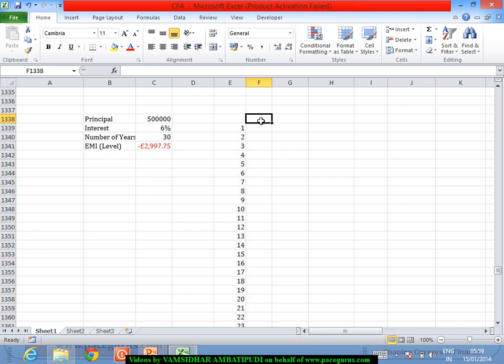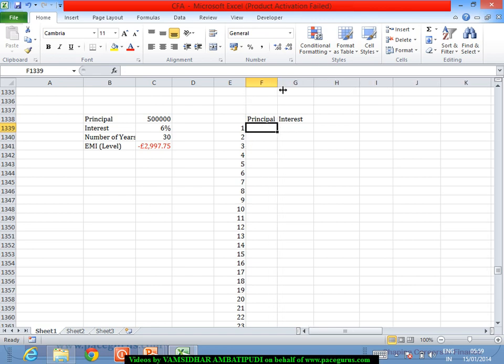Here, I would like to find out the principal part of this loan, and I would like to know the interest part. Of course, if I want to find out the interest part, it is straightforward. Whatever is the principal that is outstanding, the way we make a schedule, okay, initial principal for the first month,